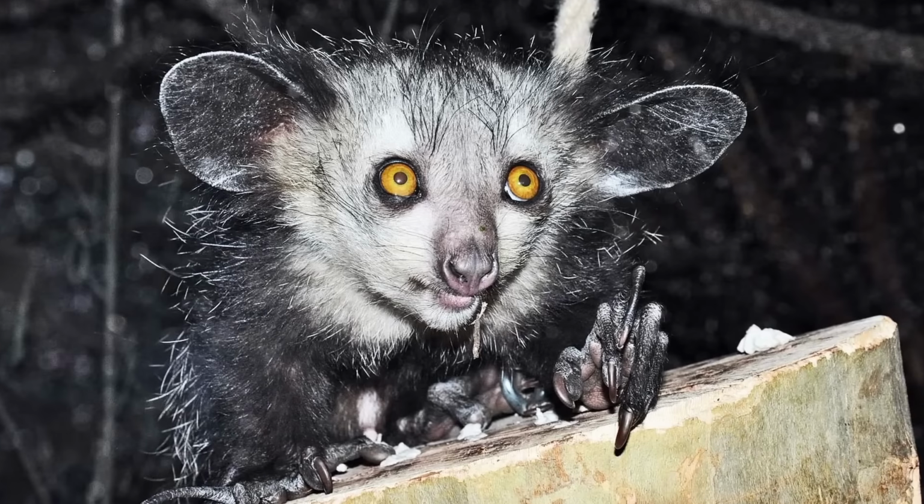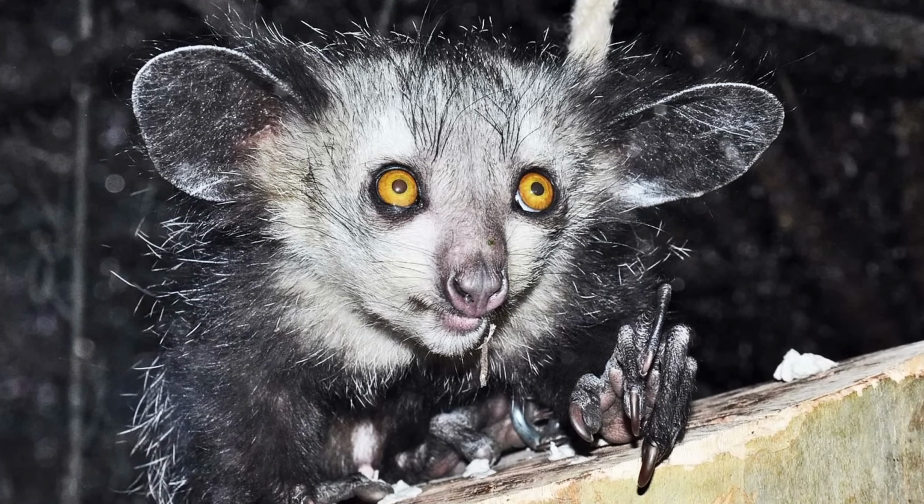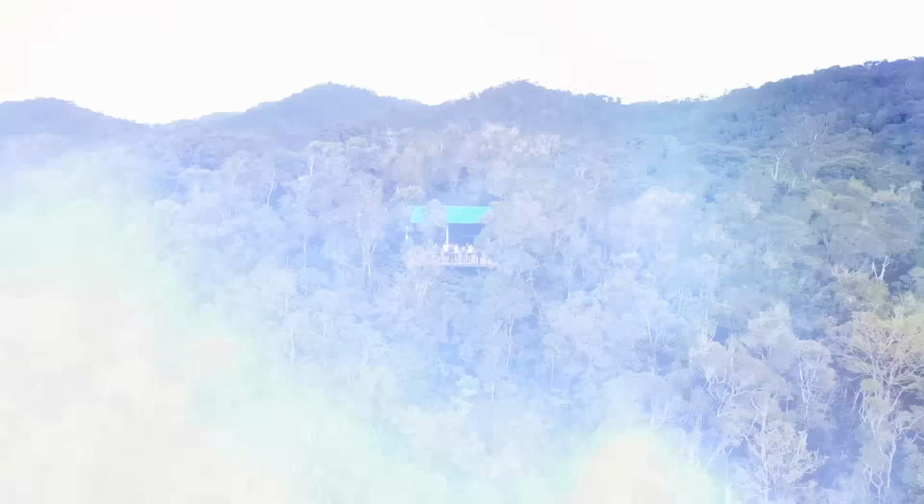The eye, it's one of the strangest primates in the world, and it's native to Madagascar. It's a species of nocturnal lemur, and it's immediately recognizable by its creepy appearance. It's got large bat-like ears, a bushy tail longer than its body, and continuously growing incisors that are like those of rodents. These are all very useful adaptations in the forests of Madagascar, but its most useful and weirdest feature